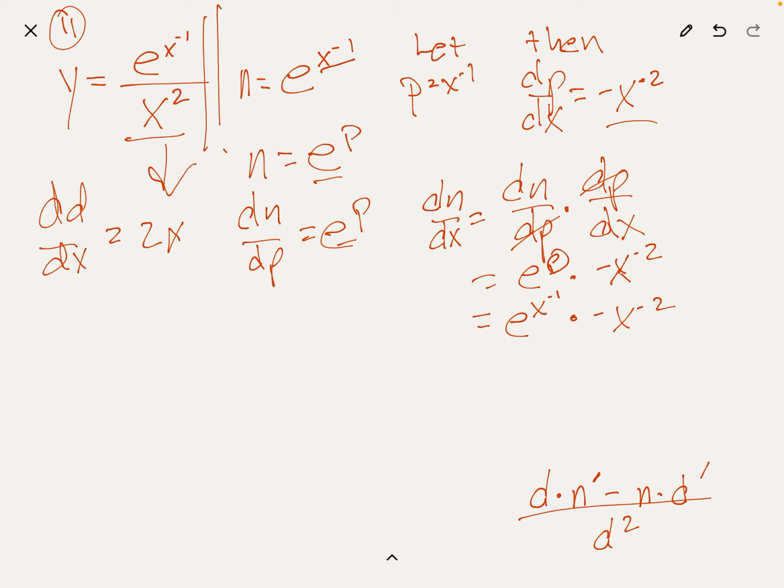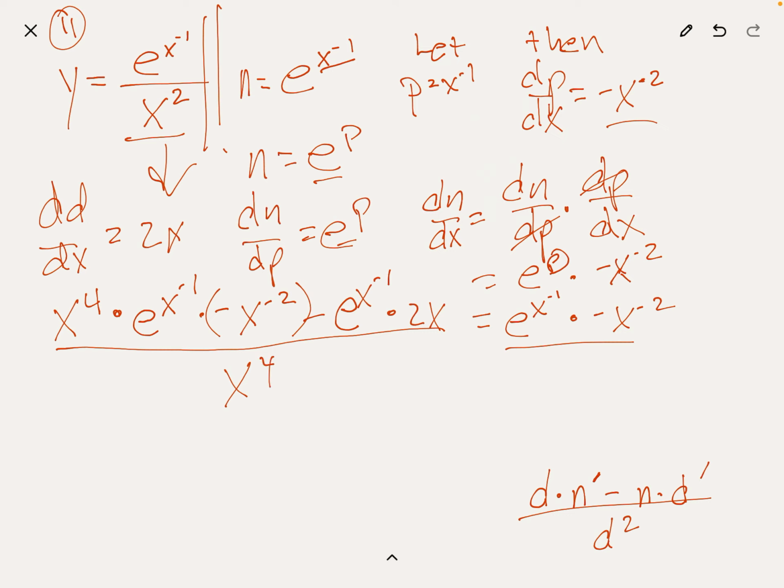So the denominator times the derivative of the numerator is, so d squared equals x to the 4th times dn dx, which is e to the x to the negative 1 times minus x to the negative 2, minus the numerator, e to the x to the minus 1 times the derivative of the denominator, which we said is 2x, over